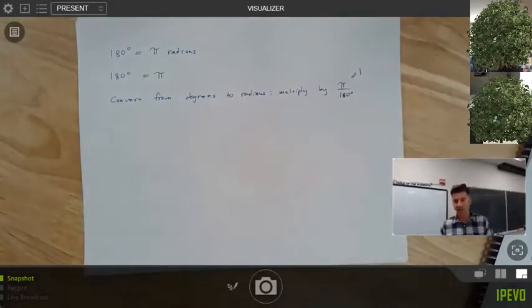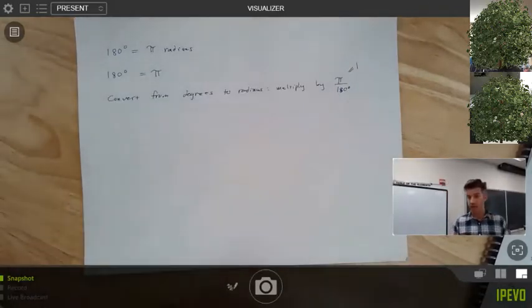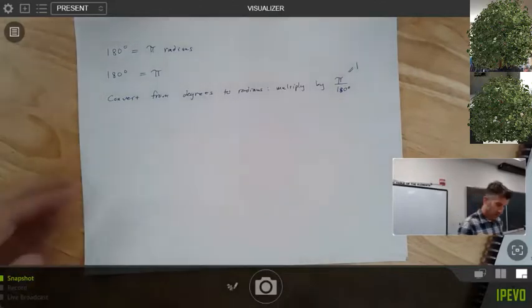Right? It's kind of like converting feet to inches. You multiply by 12 inches per 1 foot, which is equal to 1. It's the same kind of idea. We're multiplying by 1 here. It's just pi over 180 degrees. So for example,